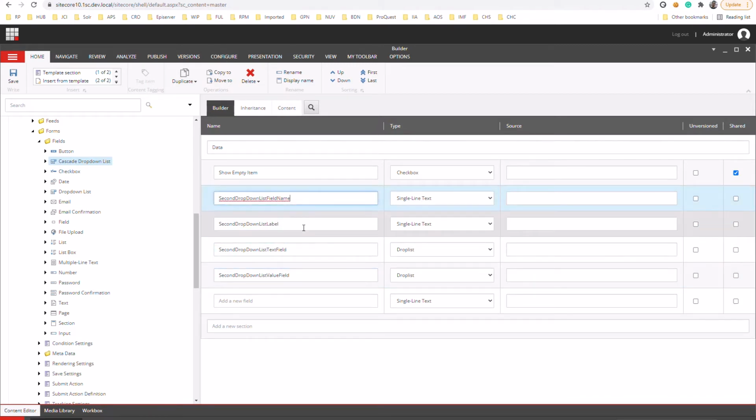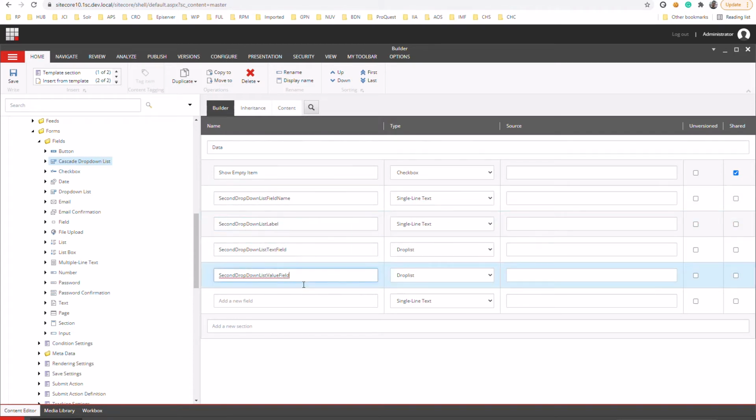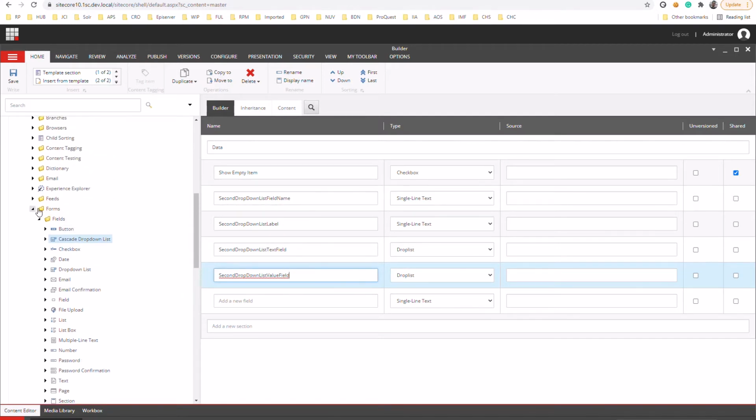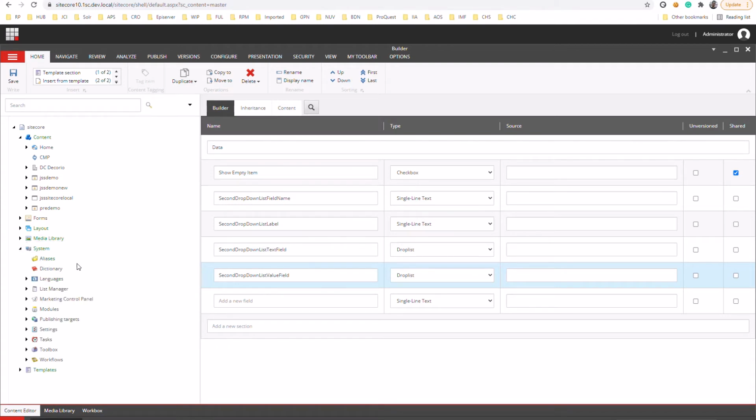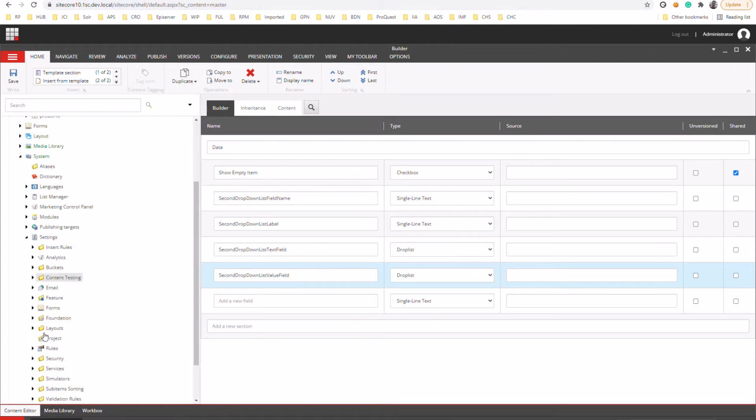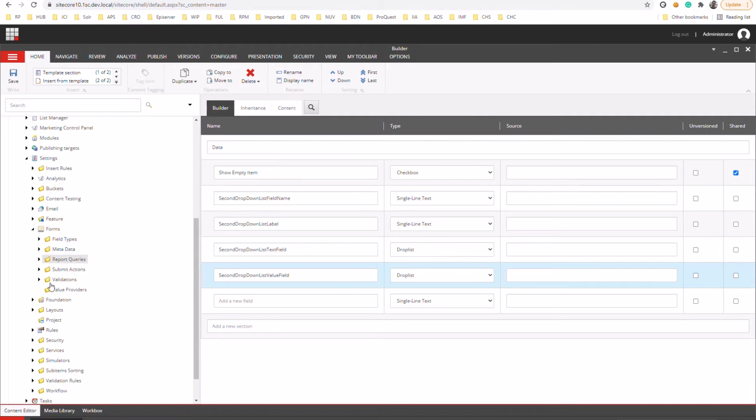So two of them are single line text, second drop down list field name and second drop down list label, and two of them are drop list. So this is from this template side. And now we'll go to the system, and under the system we will go to settings, then forms, and field